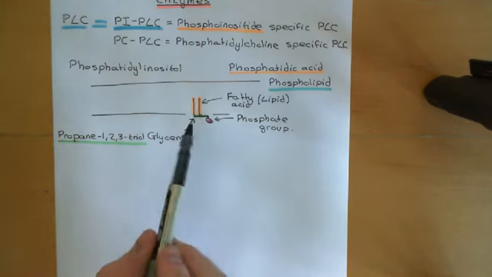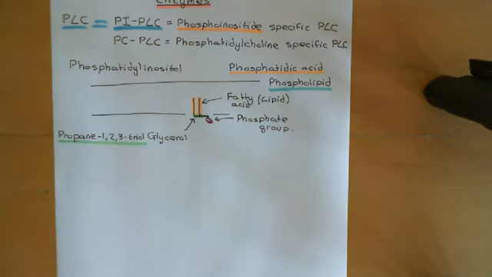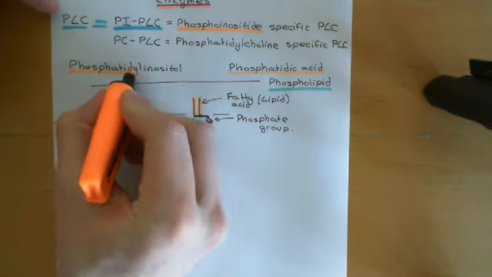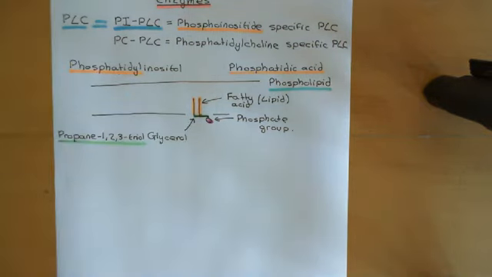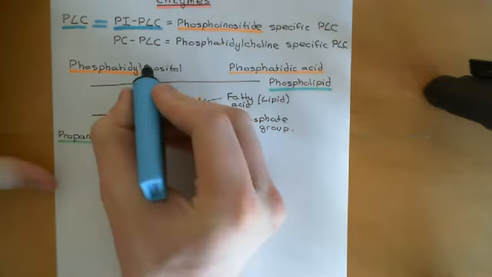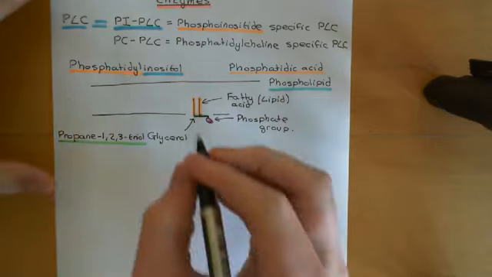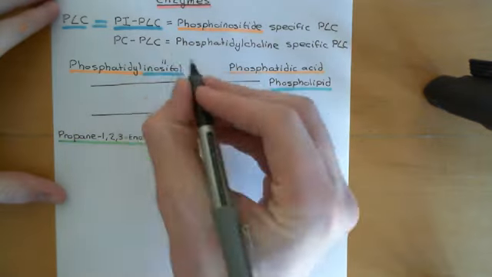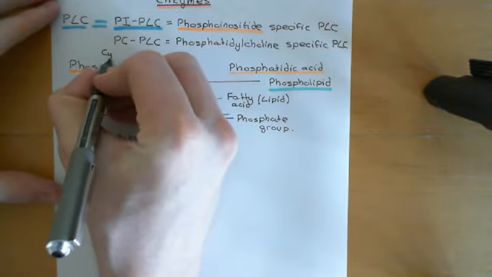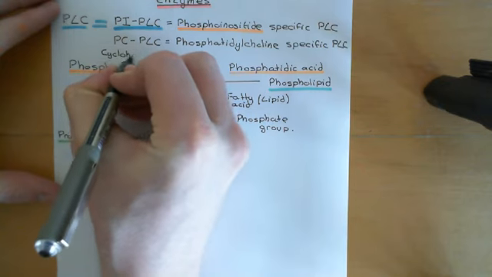Phosphatidylinositol is going to be based on the structure of phosphatidic acid. Whenever you see the prefix phosphatidyl, that means the molecule is going to contain phosphatidic acid. So we know what this portion means. Now we need to take on the inositol portion. What does inositol mean? Well, inositol, again, is an old name for a molecule that now has a new name, and the new name for inositol is cyclohexane